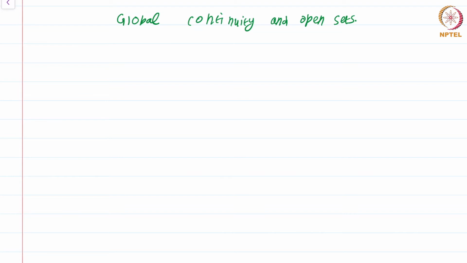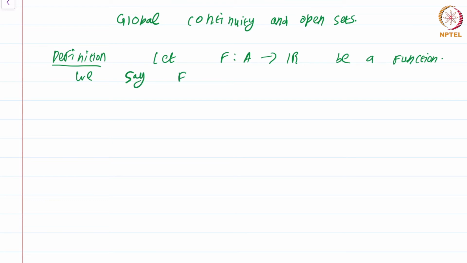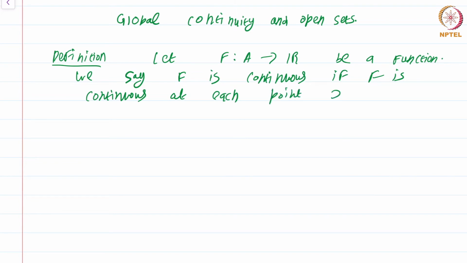We begin with a definition. Let f from A to R be a function. We say f is continuous if, as to be expected, f is continuous at each point x in A. So a function that is continuous at each point of the set is known as a continuous